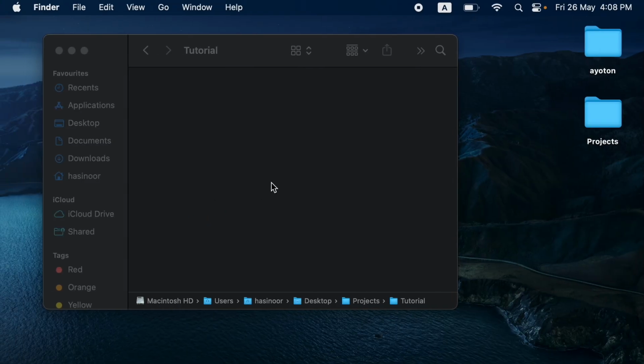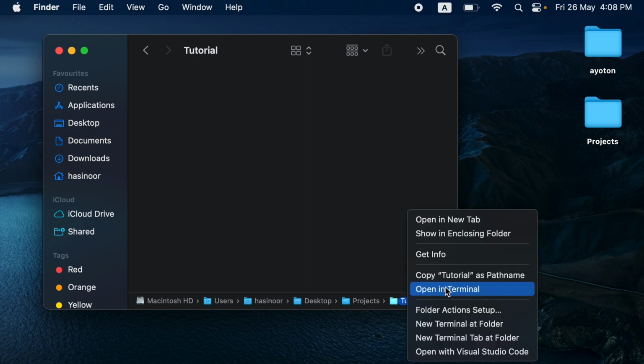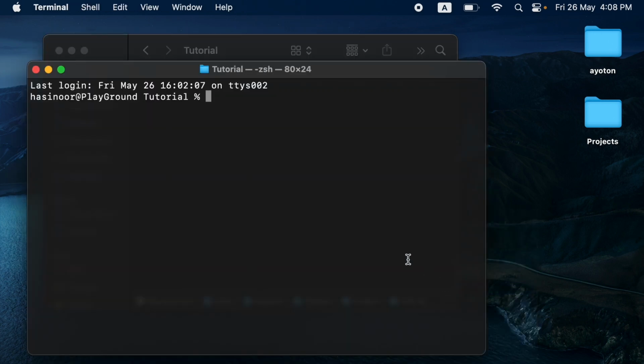Once Node.js is installed, navigate to the directory where you want to create your projects and open that directory in your terminal. We will start with Angular. To create an Angular project, we will need to install Angular CLI. Angular CLI is a powerful tool that will streamline our development. To install Angular CLI, we will have to run the command